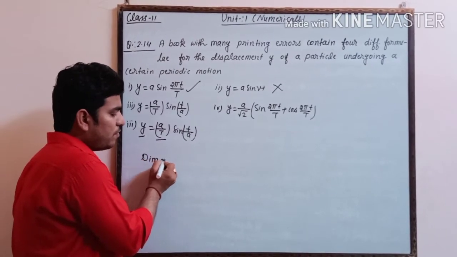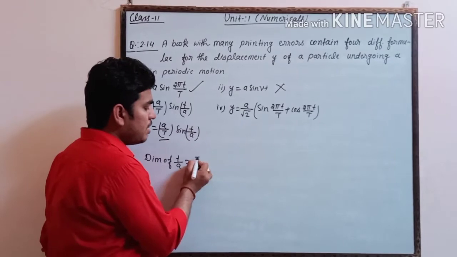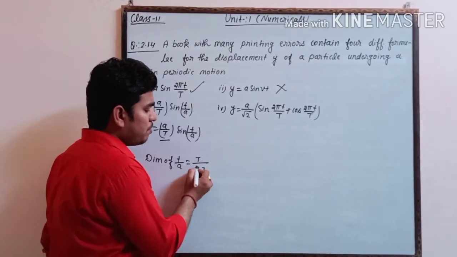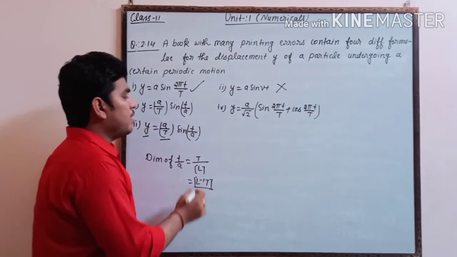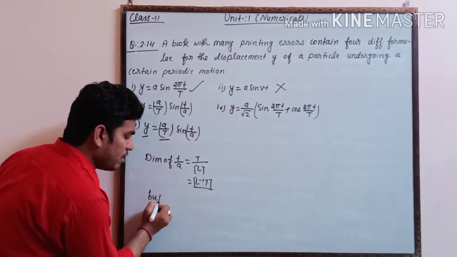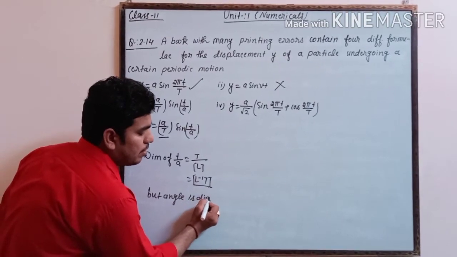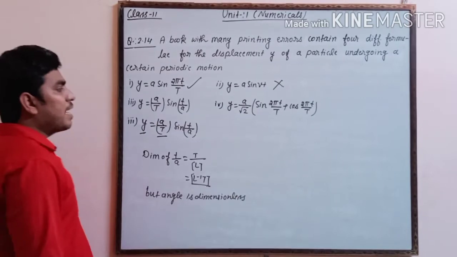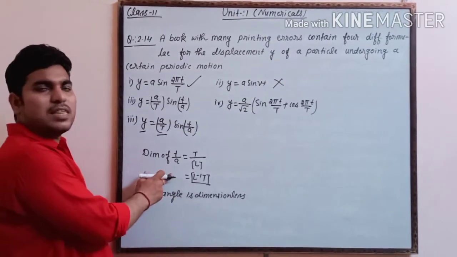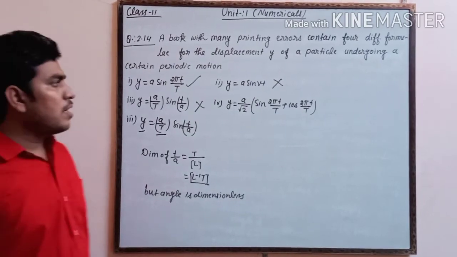So dimension of t upon a, what is t, and displacement L, so it is L to the power minus 1 times t, but angle is a dimensionless quantity. एंगल डायमेंशनलेस है, बट यहाँ पर डायमेंशनलेस नहीं आ रहा है, इट मींस दिस इज आल्सो रॉन्ग।